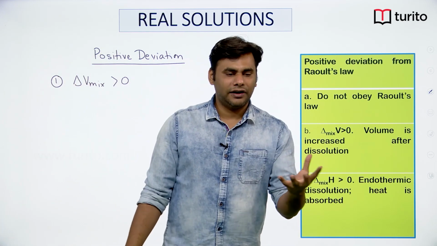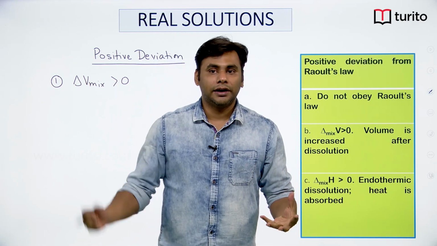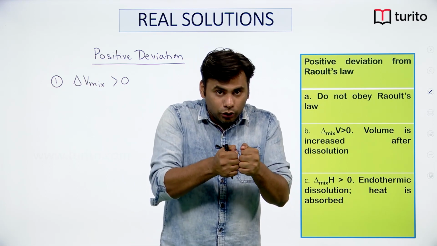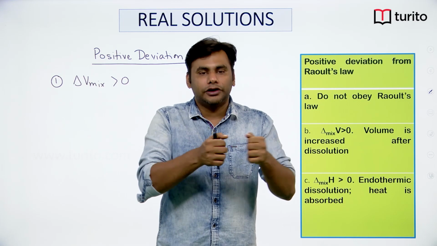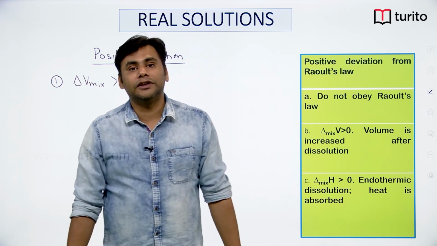Like पहले सिर्फ इथेनॉल था, इथेनॉल एक दूसरे के साथ हाइड्रोजन बॉन्डेड था, जब हमने उसके ऊपर एक और कंपोनेंट डाला तो दोनों इथेनॉल के हाइड्रोजन बॉन्ड टूट गया और वो दोनों दूर चले गए। जब वो दूर गए तो क्या हुआ, वॉल्यूम एक्सपैंड हो गया। ओके, सो वॉल्यूम इंक्रीज हो गया।